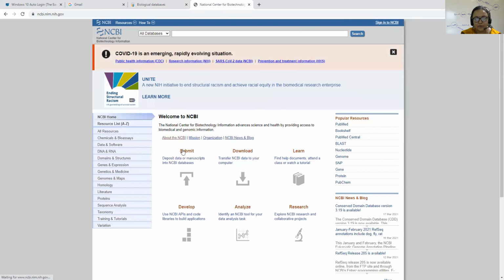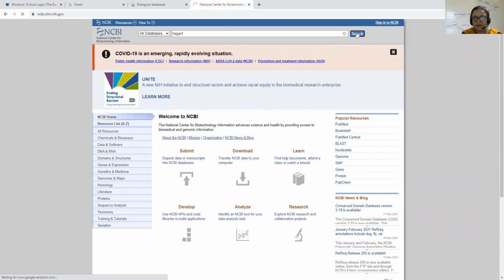This is the home page of NCBI, and this is the search button where we can type the name of a protein or a gene. HSPE1 is a gene name. We can search it.